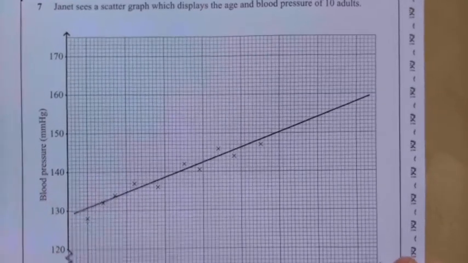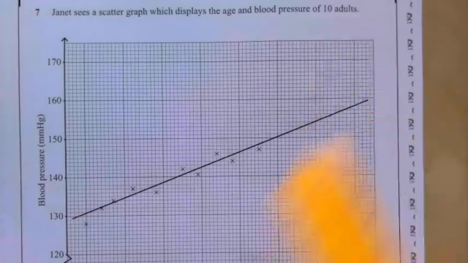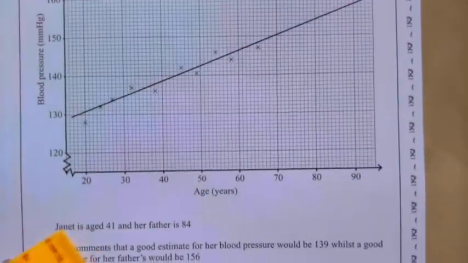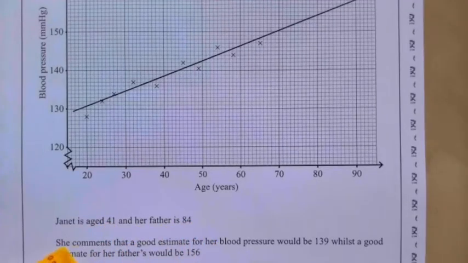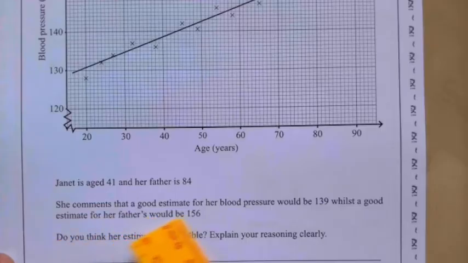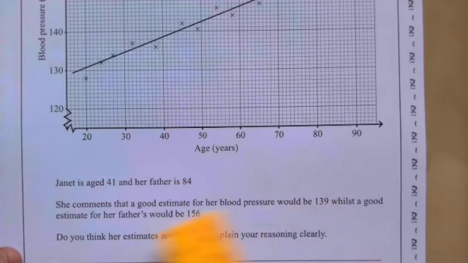Janet sees a scatter graph which displays the age and blood pressure of 10 adults. You can see age going along the bottom here and blood pressure. Janet's 41 and her father is 84. She comments that a good estimate for her blood pressure would be 139, while a good estimate for her father's would be 156. Do you think her estimates are reliable? Explain your reasoning clearly. If you go up at 41 and go up at 84, you do indeed get 139